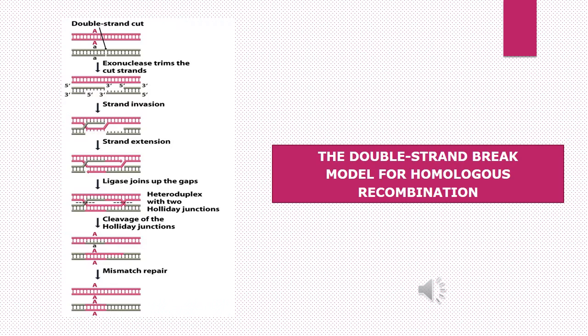So this is the whole process of homologous recombination by double-strand break repair, and there is a kind of repair called mismatch repair. It is a kind of DNA repair, and the process in double-strand break is observed and has been documented by different workers. So let us move to the protein machinery involved in the process of